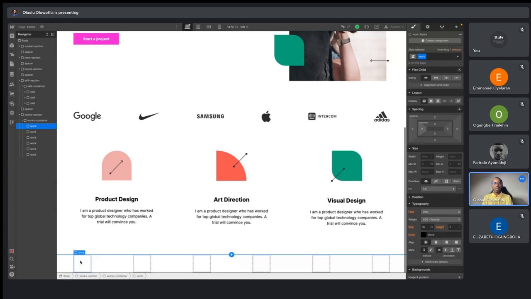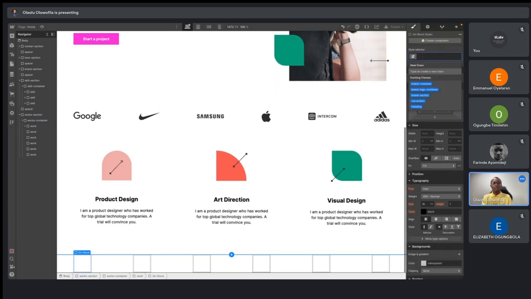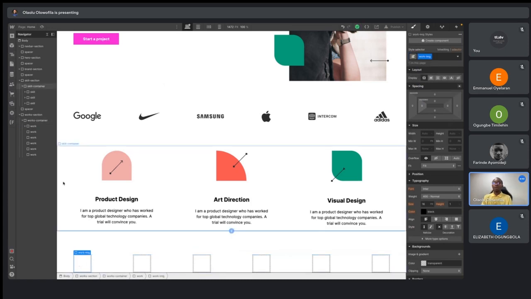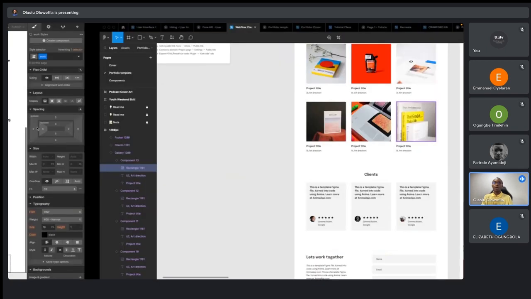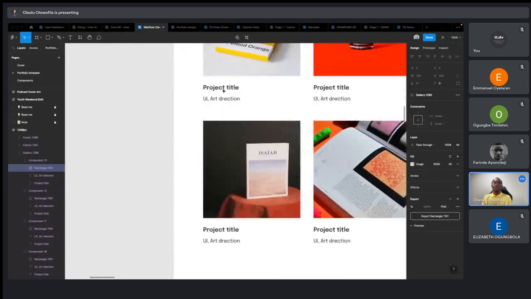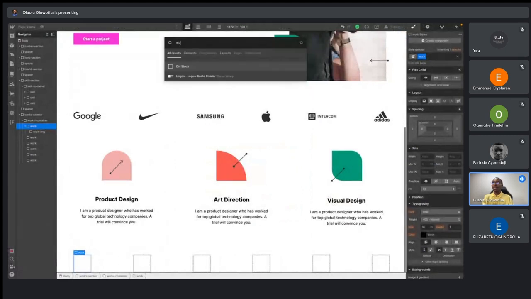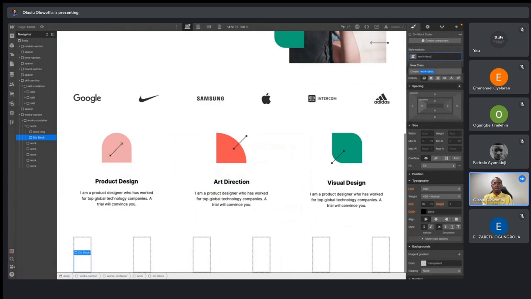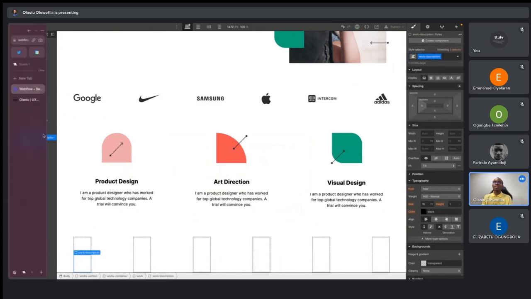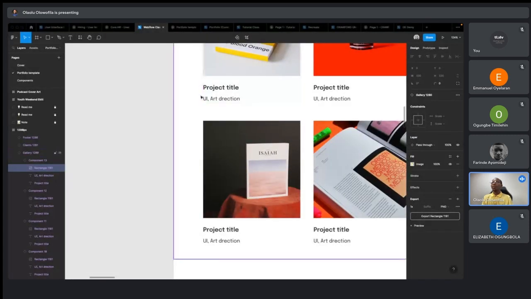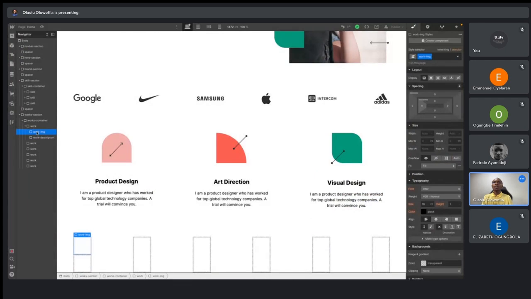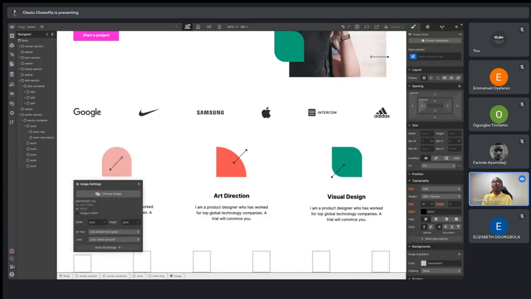So inside of this work, let's add a div and call it work image. So this is going to hold the image for the work. And what else do we have? We have description, work description. So let's add another div and call this one work description. So inside the work description, we have 2 text elements. We have the title and the type of work that was done. And inside the work image, all we are going to do is to add our image element, and then